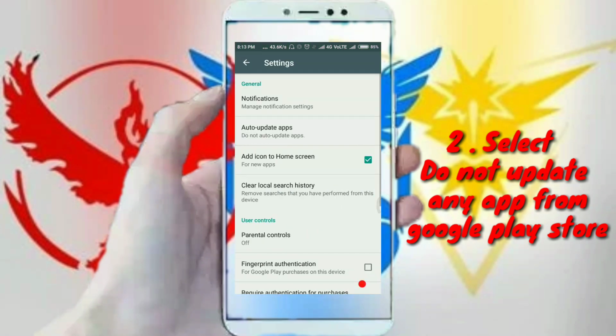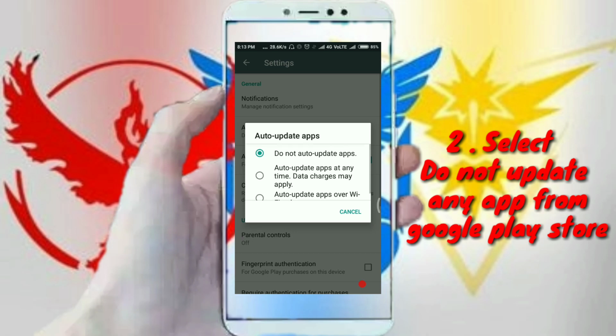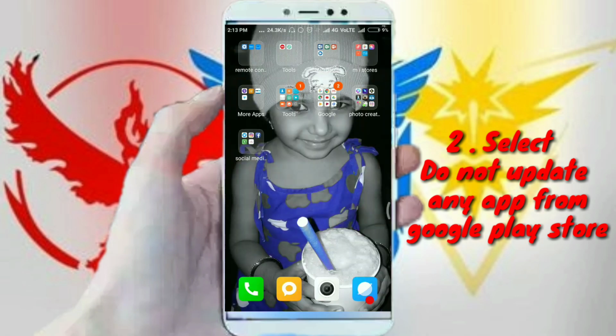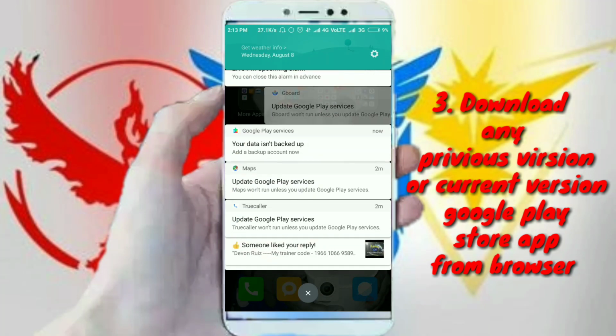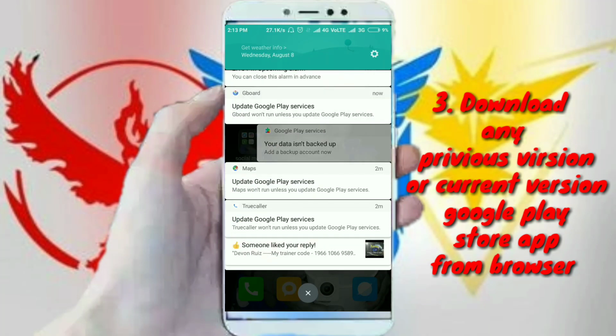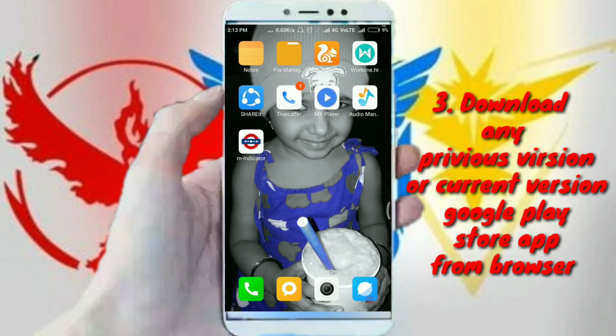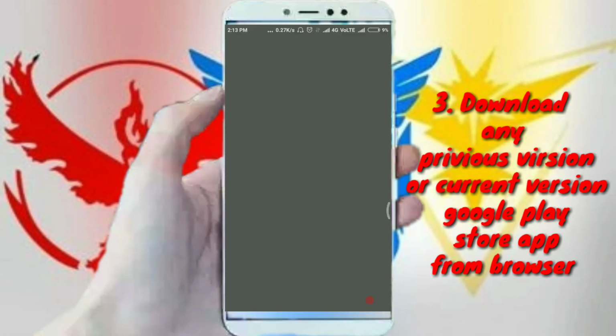Google Play Store settings and do not update apps. Click on do not update. When you delete, you glitch the service. This is the most annoying message. Do not update any app. Then simply go to your browser